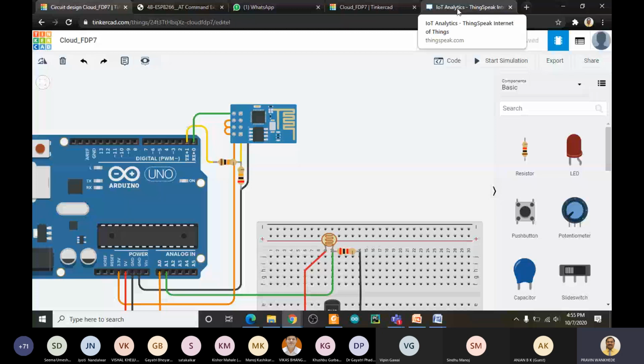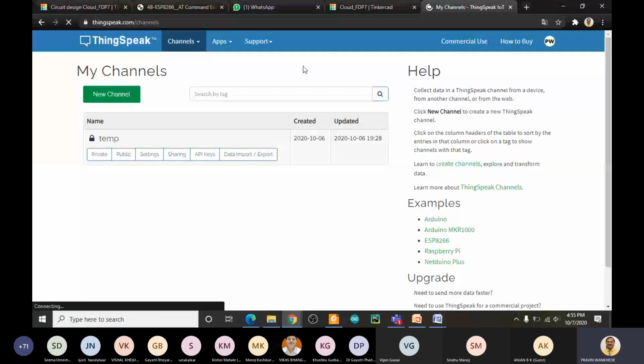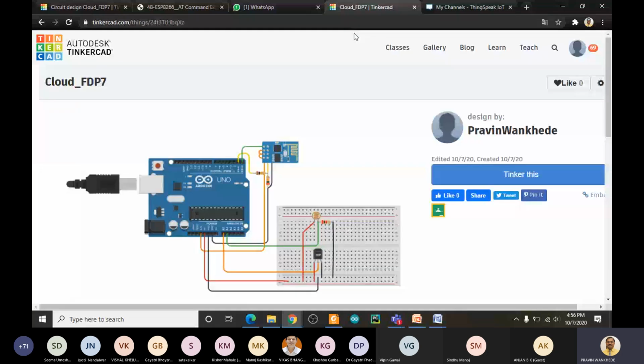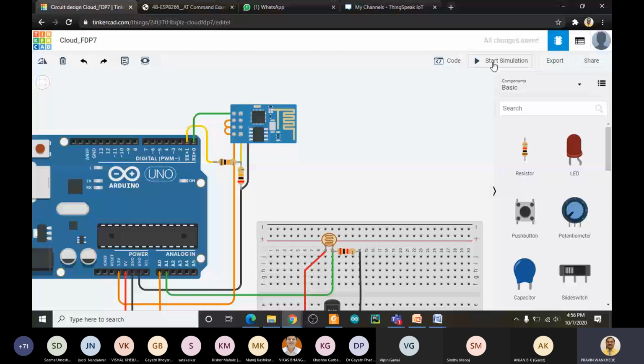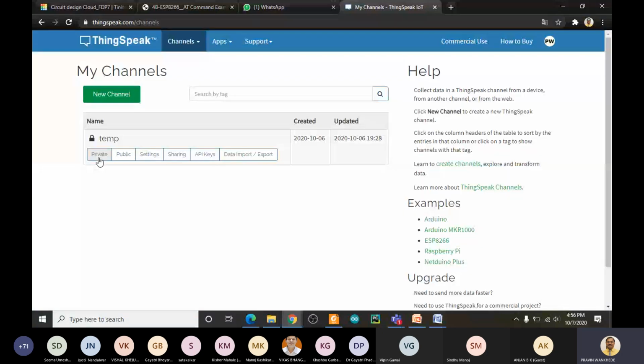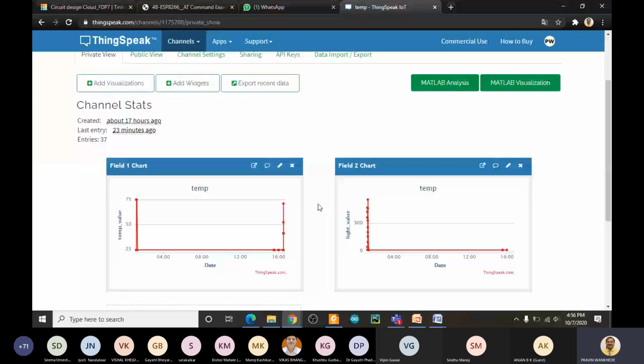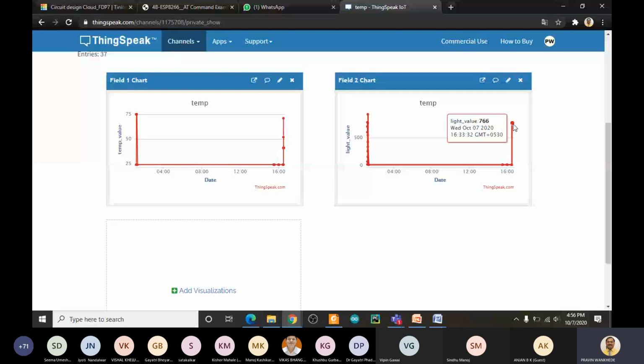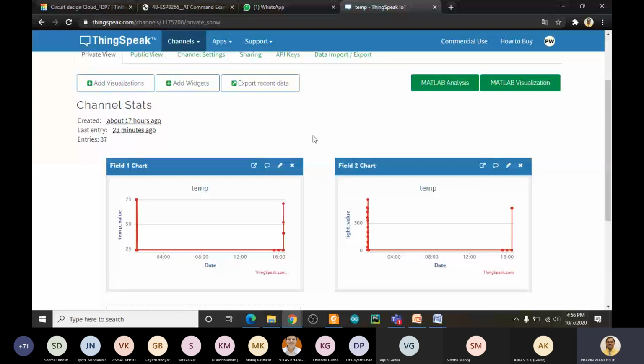Fine. I already have a login, so I'll check my login here. I'll show you first how this data is going to upload so that you can understand. If I start simulating and go here and check my channel, you see this data coming from your Wi-Fi module.